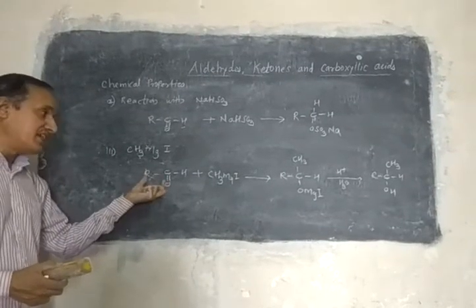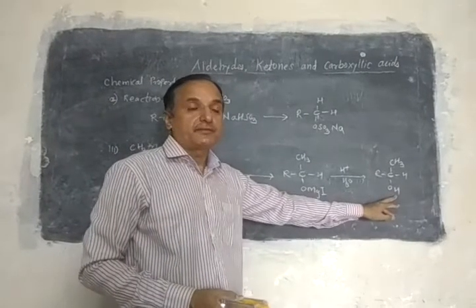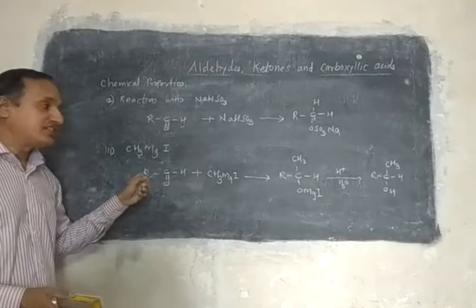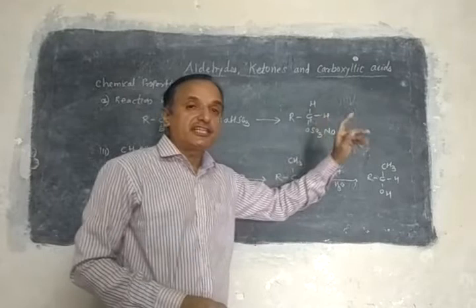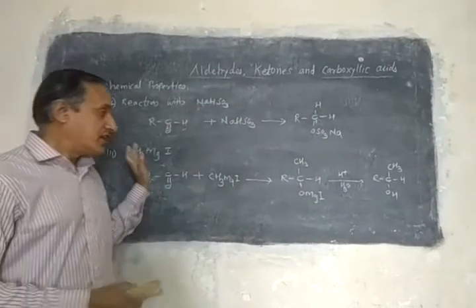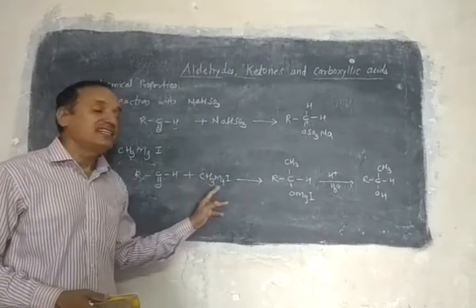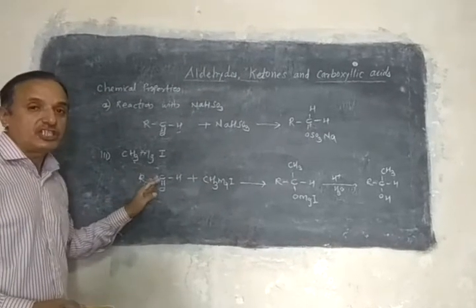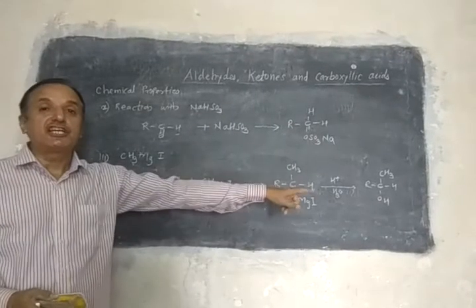So if you take aldehydes, we get secondary alcohols. So it depends on the aldehyde. If you take, suppose, formaldehyde, HCHO, then you get primary alcohols. What we studied means that alcohols convert into aldehydes and ketones. Now here aldehydes convert into alcohol by treating with this Grignard reagent. As you have taken RCHO, if R is CH3, that is acetaldehyde, we will get secondary alcohol.